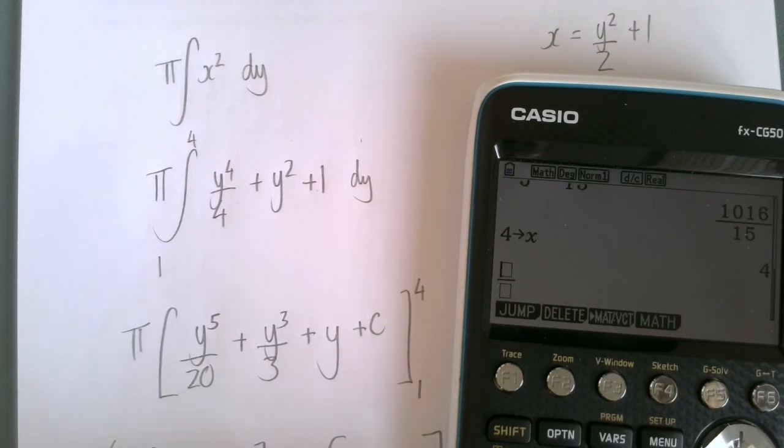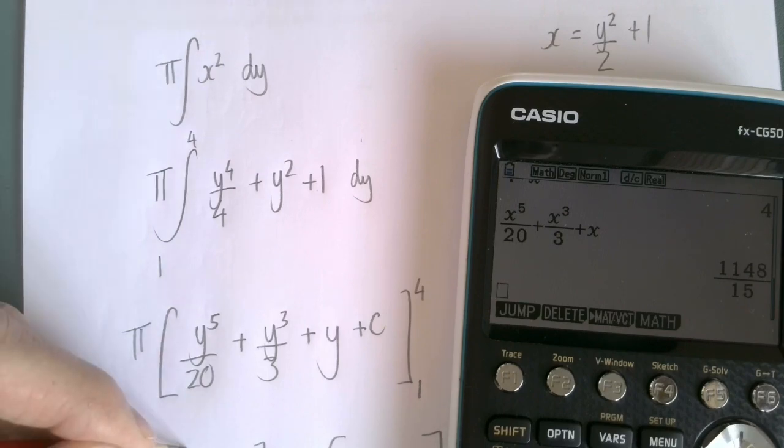So I've got x^5/20 plus x^3/3 plus x. So that gives me